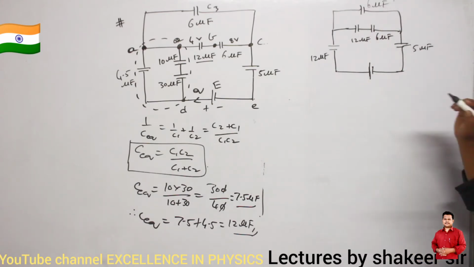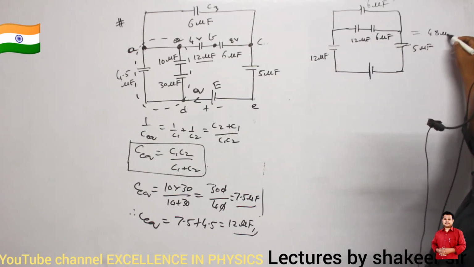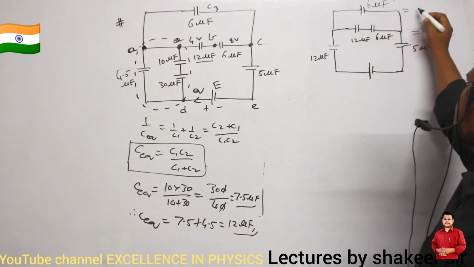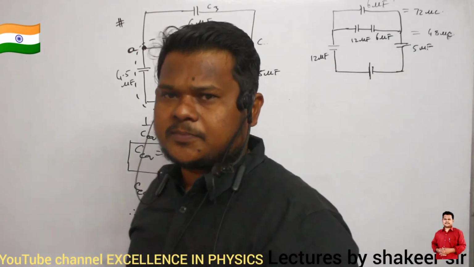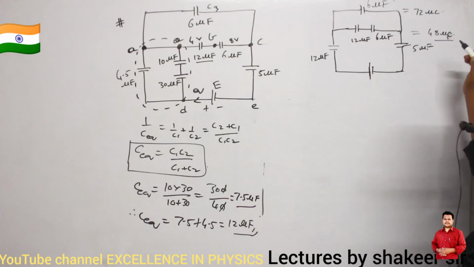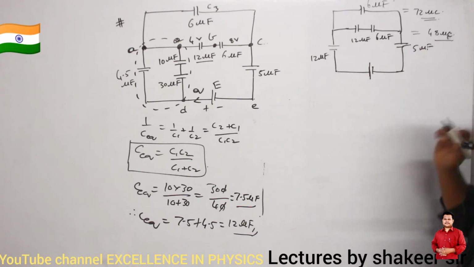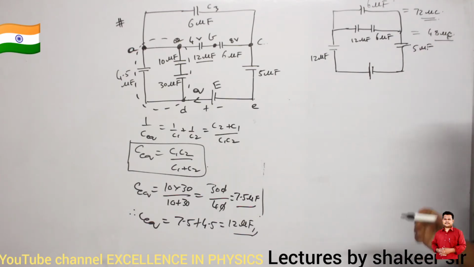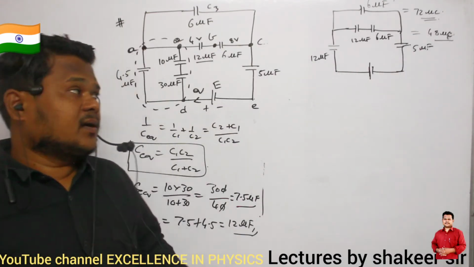Okay. So what is the total charge present in this branch? The total charge present in this branch is 48 microcoulombs. Similarly, what is the total charge present in this branch? 72 microcoulombs. So already we have done these calculations, no, ma? Clear? So the charge present in this one is how much? 48 microcoulombs. The charge present in the 6 microfarads capacitor is how much? 72 microcoulombs. Okay. So by looking at this 48 and 72, what do you understand? Do you understand anything? Clear, ma?